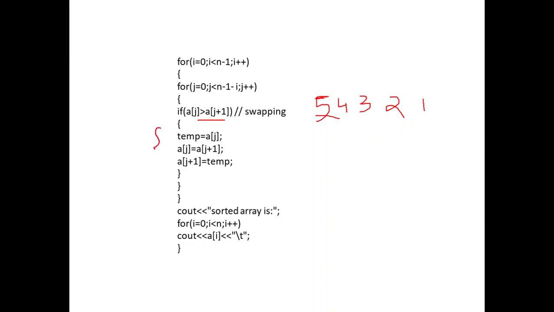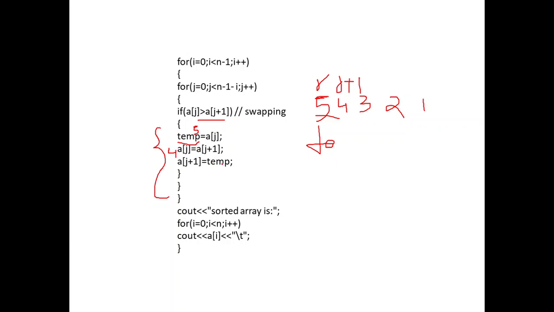And this is the algorithm for swapping. That is, we will take another extra variable like temp. And this temp gets stored the a of j. This is a of j and this is a of j plus 1, right? So now this temp will get the value of a of j. a of j is 5, so temp will get the value of 5, right? And a of j equal to a of j plus 1. What is the value of a of j plus 1? It's 4, right? And this 4 gets stored in a of j.